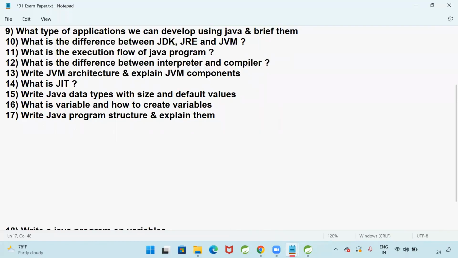Write Java program structure and explain them. Just a structure.